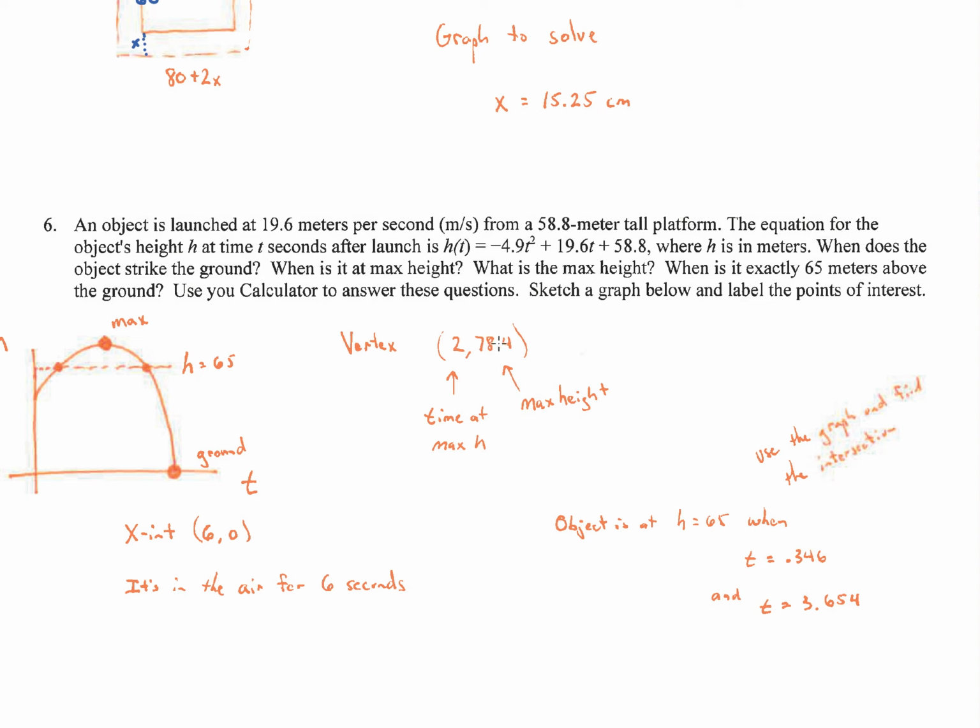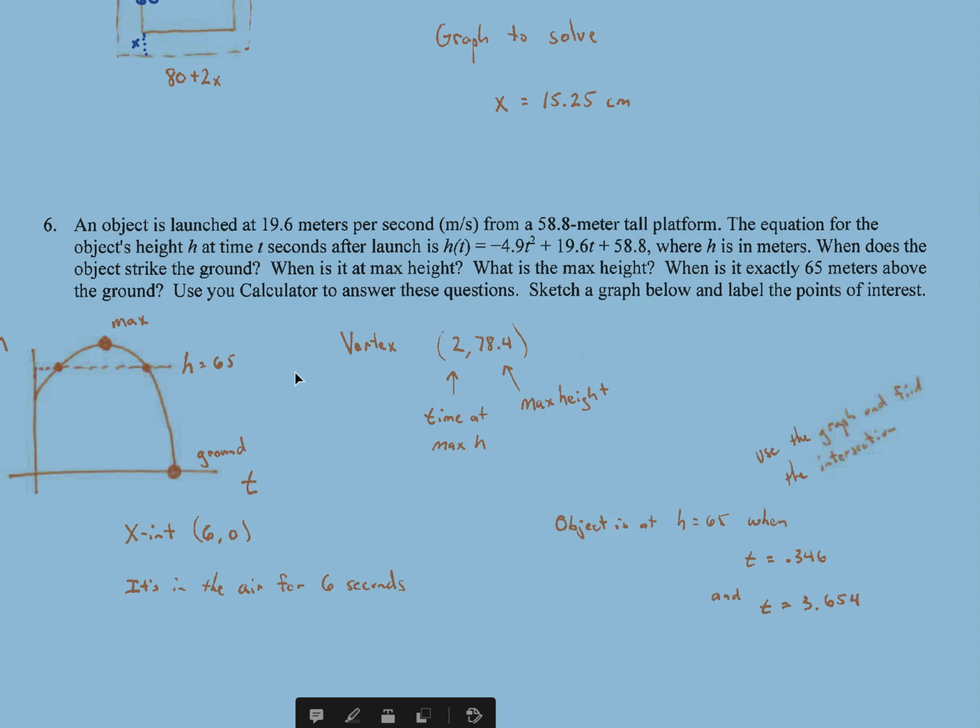You can find the maximum height. You can find the time it's at a maximum height. You can find the x-intercept, which is how long the object is in the air, because at the x-intercept is when it hits the ground. You can find when an object is at an exact height, because you can graph the original function, and you can graph y equals 65, and then you can find the